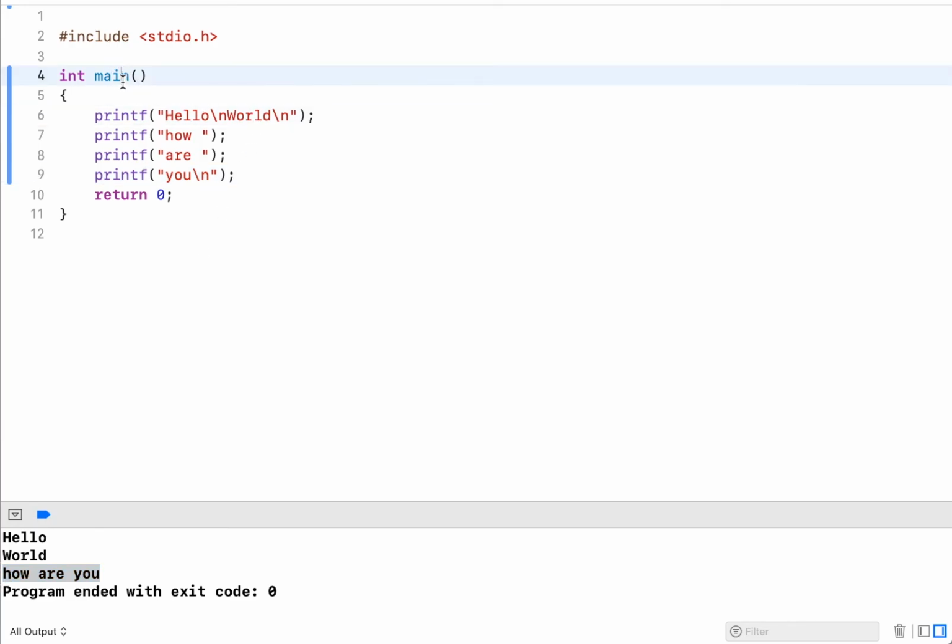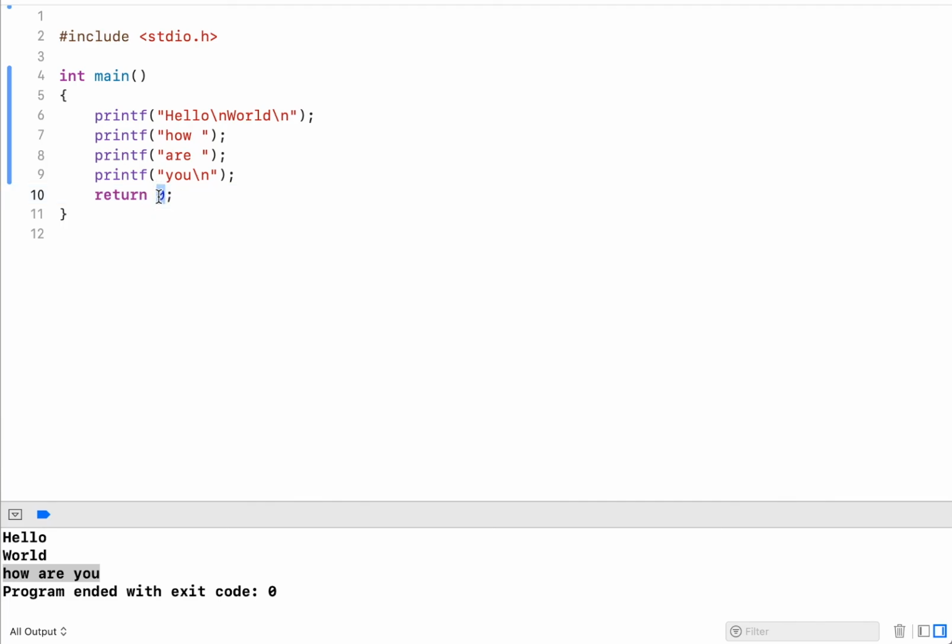Now, this is the main function I mentioned already. The main function is the entry point to the program. Let's focus on the int part. The int represents integer, and this provides an exit code to the operating system. So when the operating system starts initiating the execution of this program, the program will run, and eventually it returns back an integer code, an exit code to the operating system.